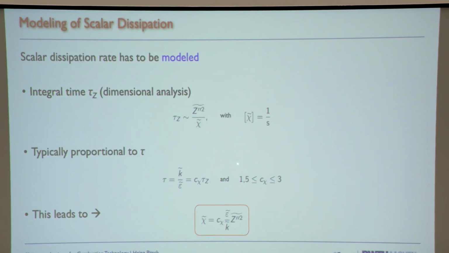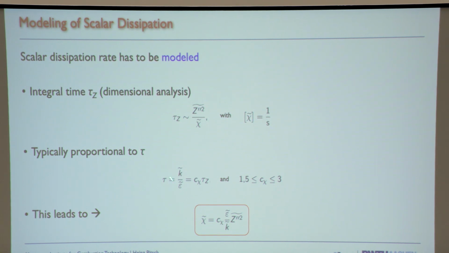And how do we express this? We need a model for this also. We can first define a time scale here. If we don't want to define a time scale, we can do this by using here the variance and the dissipation rate. In fact, the dissipation rate is a time scale already. This here is non-dimensional anyways, but if we